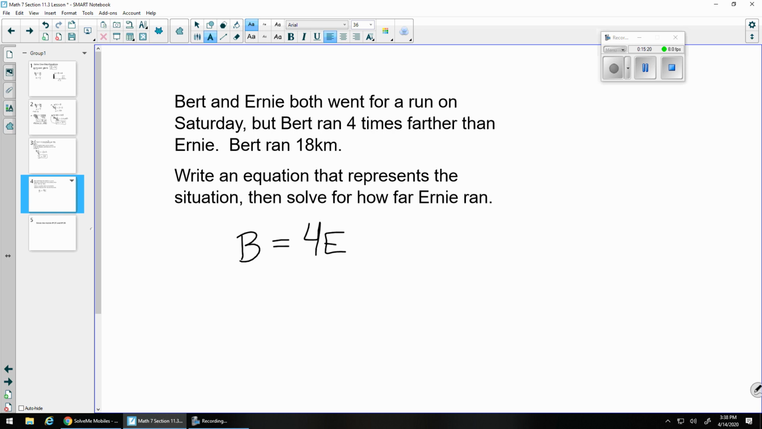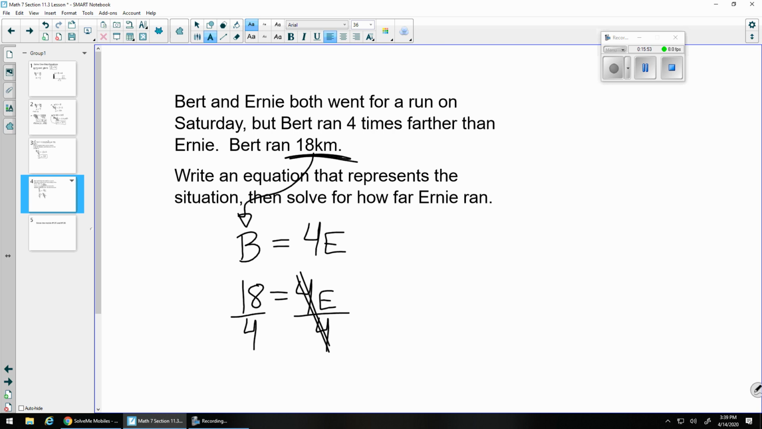We're given some more info because we have 2 variables here. We're told that Bert ran 18 kilometers. So I can substitute that in for B. So I get 18 is equal to 4 times E. I want to figure out what E is, how far Ernie ran. E is being multiplied by 4, so I divide by 4. I divide by 4 on the other side, keep my equation balanced. The 4's cancel out. I'm left with 18